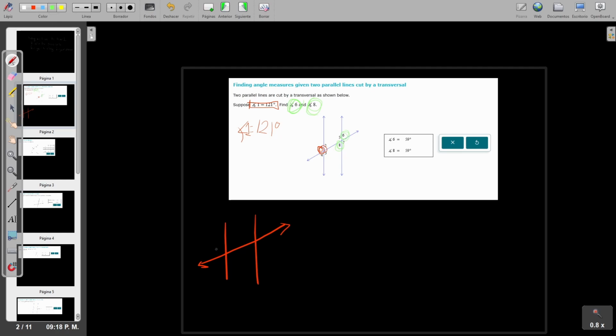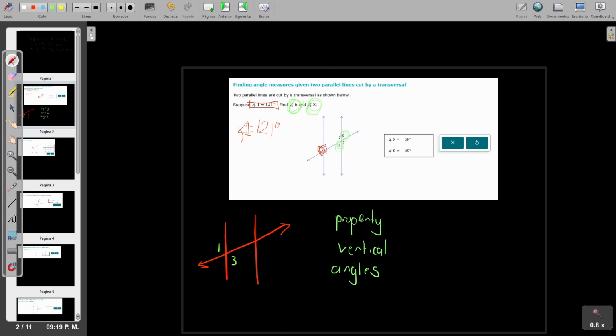For example, 1 and 3 are going to be the same. Why? Because of the property of vertical angles. Please take notice of this because, as you know,